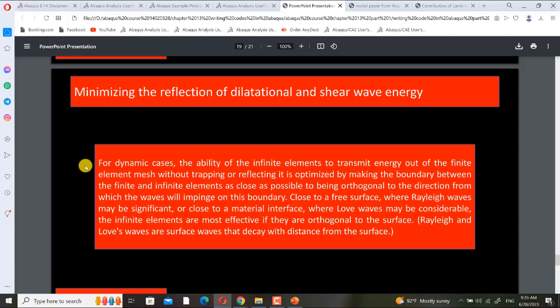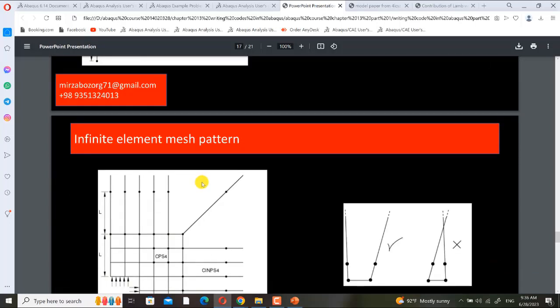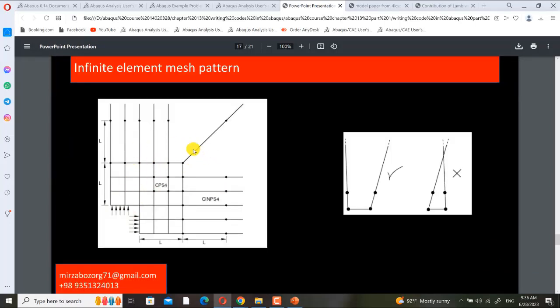Rayleigh and Love waves are surface waves that decay with distance from the surface. For example, in this pattern, this is the best pattern for this geometry because in most of the regions the mechanical waves are perpendicular to the boundary of infinite elements.